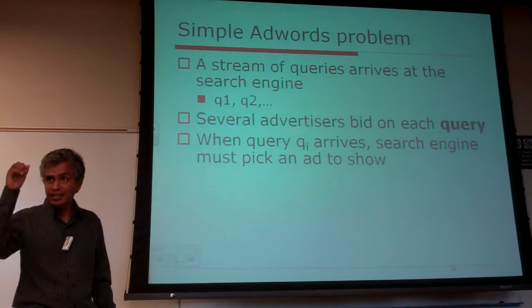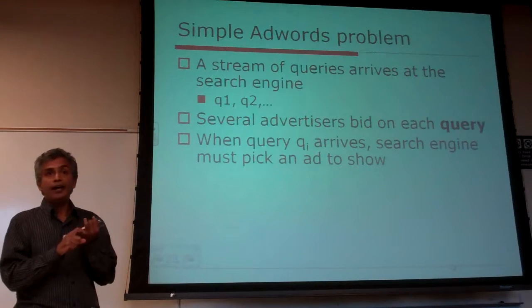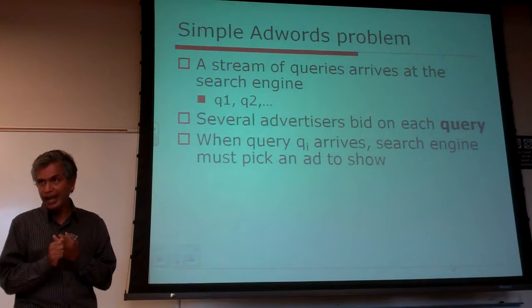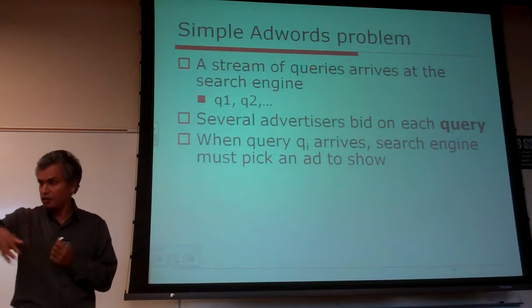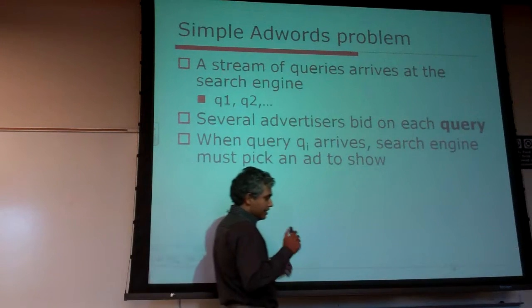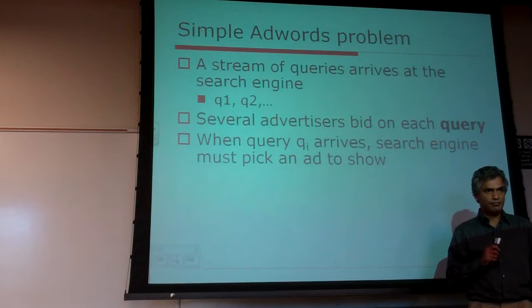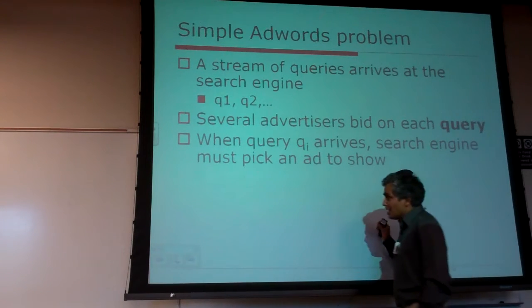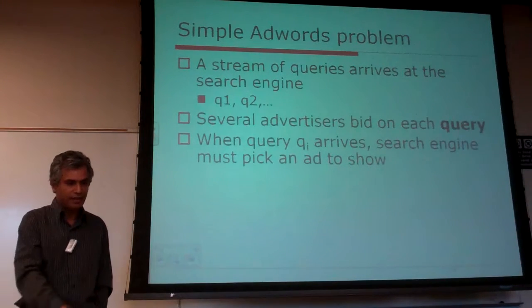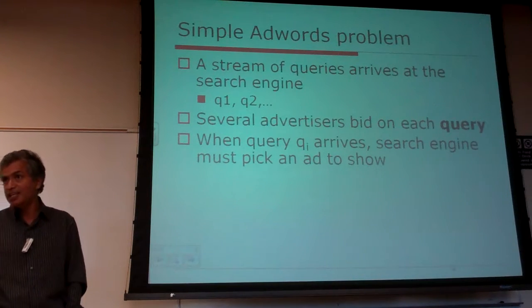You know how advertisement sort of works. I've already simplified the problem down to queries being what people are bidding on, and you are essentially showing only one advertisement per query. These queries are coming in a stream, and for each, you have to pick an advertiser. Let's assume in this particular case, all I really care about is maximizing the revenue that the search engine gets. Now notice that if I were to tell you that from now until midnight, a sequence of 10 billion queries will come,